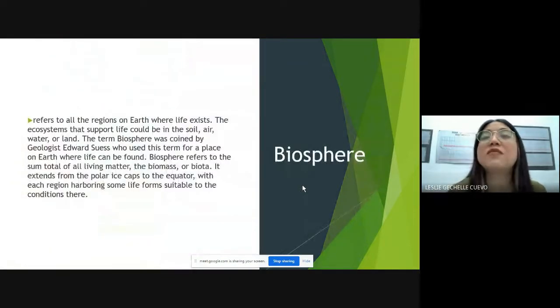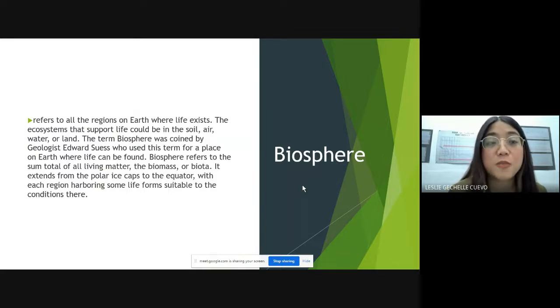Then we have the biosphere. This refers to all the regions on Earth where life exists. The ecosystems that support life could be in the soil, air, water, or land. The term biosphere was coined by geologist Edward Suess, who used this term for a place on Earth where life can be found. The biosphere refers to the sum total of all living matter, the biomass or biota. It extends from the polar ice caps to the equator, with each region harboring some life form suitable to the